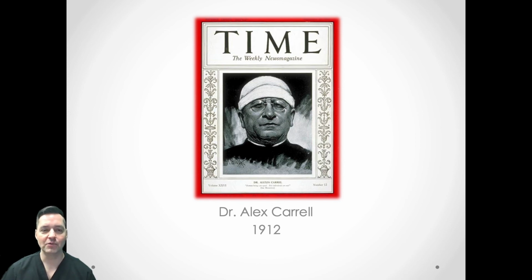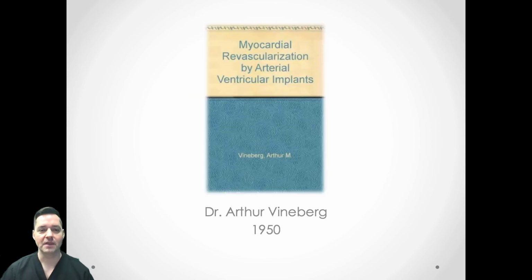Now, we weren't really able to do this necessarily at the time because you weren't able to perform surgery on a non-beating heart, right? Arthur Vineberg, in 1950, because we weren't able to perform surgery on the non-beating heart, took the internal mammary artery and actually implanted it into starving myocardium and allowed it to sort of bleed through and support that myocardium, which